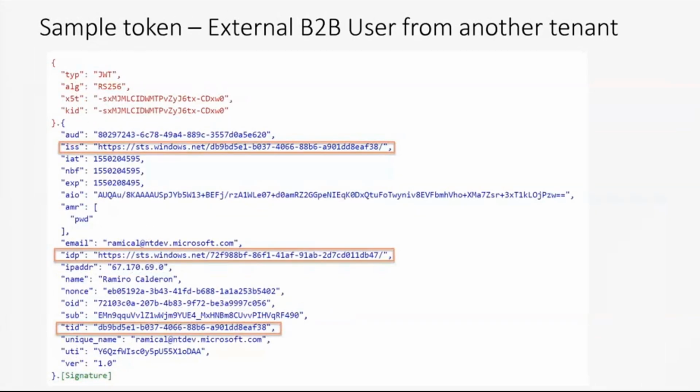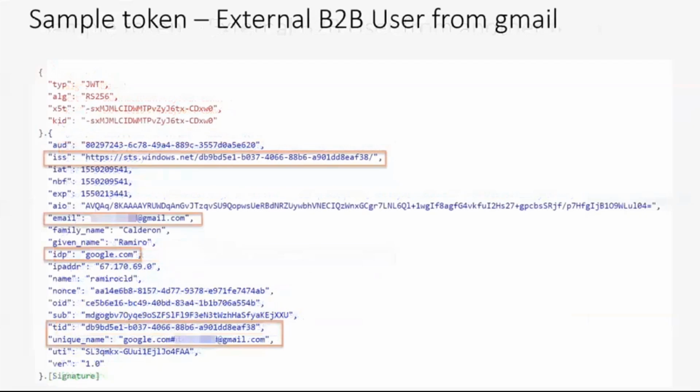If there is a B2B user from another tenant, the issuer and the tenant ID will remain the same, but the token will have an extra claim named idp, which will point to the home tenant. And if it's an external B2B user from Gmail or a Microsoft account, the idp will have a google.com or live.com value in it.